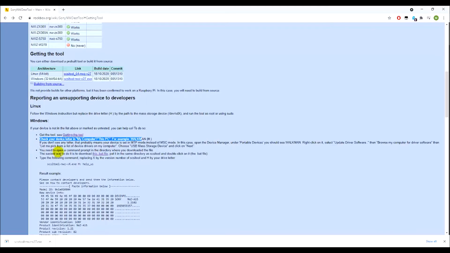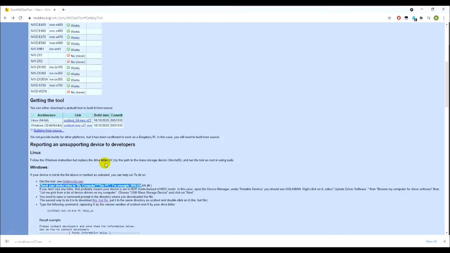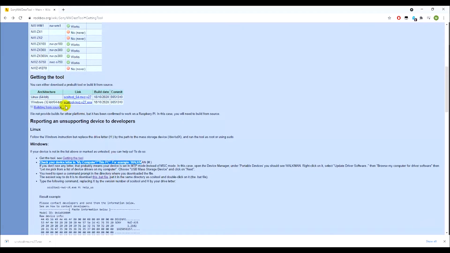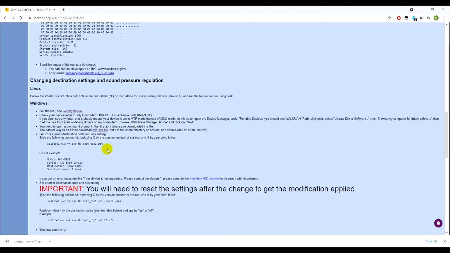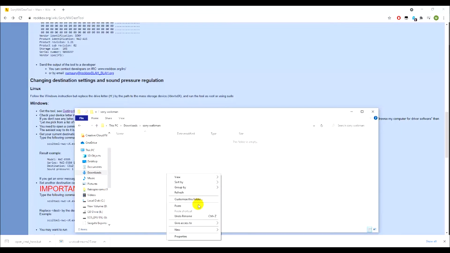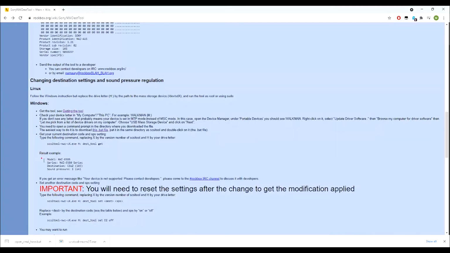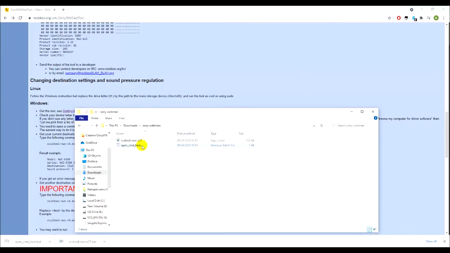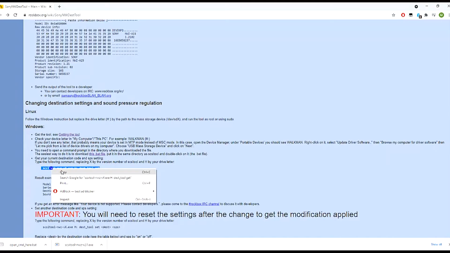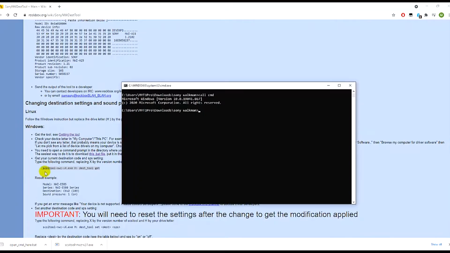Right, so now we need to download this bat file, which is an automatic command prompt script that will work with the SCSI tool. You need to download this as well. You need to right click and save as. Paste the two files in the same folder. And then now we want to open the command prompt. You want to copy this code here, paste it on,